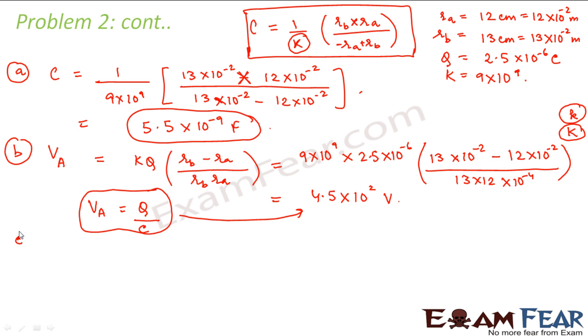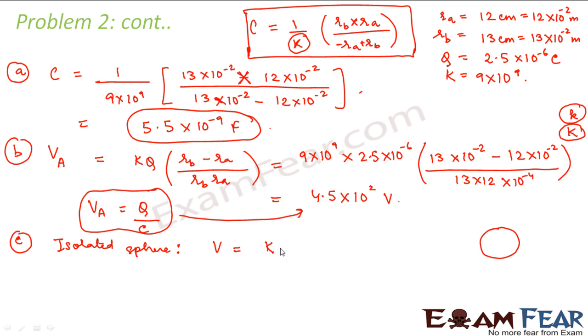Right? Now let us look at the third part. So what is the third part? It says compare this with the capacitance of isolated sphere. So first of all, let us calculate the capacitance of an isolated sphere. So let us consider an isolated sphere. So what will happen in case of an isolated sphere? Let us suppose this is the sphere. So what would be the potential due to this sphere?